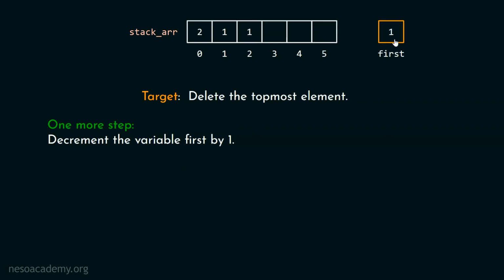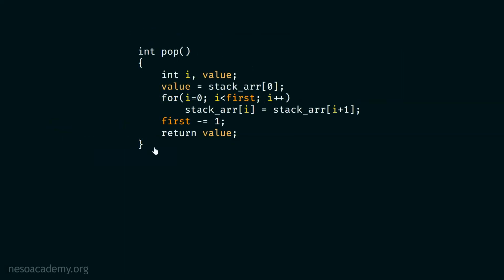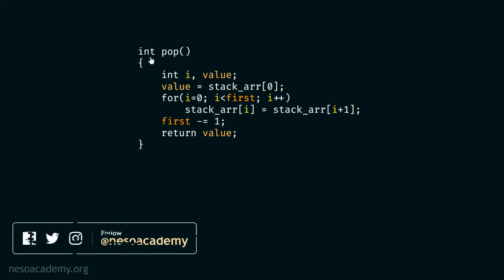So this becomes 1, and this means that our first inserted element is at index 1 and not at index 2. Okay. Now here is our pop function, and this is a very simple function to understand. If you have understood the logic, then it will be very easy for you to understand this function. Here you can see the return type of this pop function is int. Obviously, this function will return an integer value, right? After deleting the element, it will return the topmost element of the stack. That is why it is important to put int as a return type. Here we have 2 different variables, i and value. i is an iterator and value will store some value.